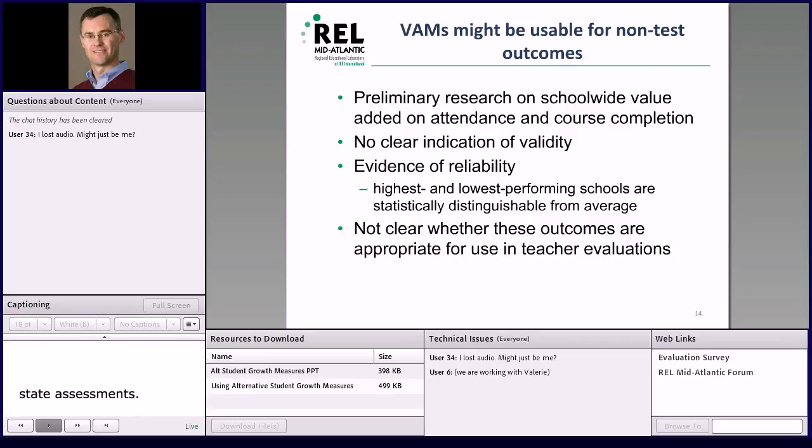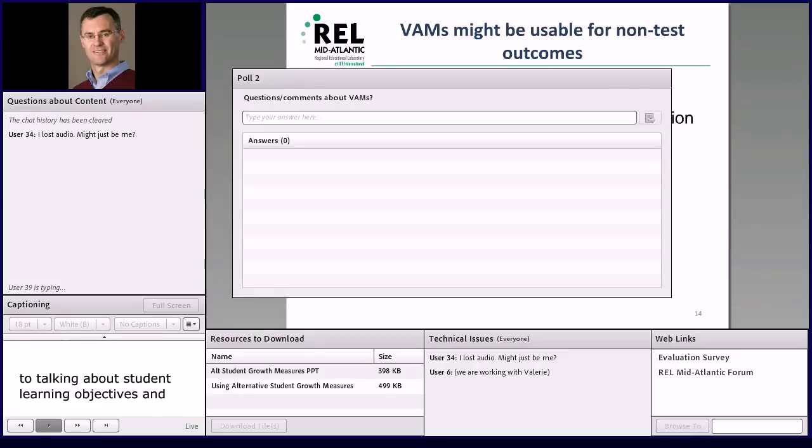And let me pause there because I want to give Judy a chance to comment, and I'd like to give all the rest of you the opportunity to type in any questions or comments you might have specifically related to the value-added models and their application to these other measures. And then we'll turn to talking about student learning objectives and student growth objectives. Judy,